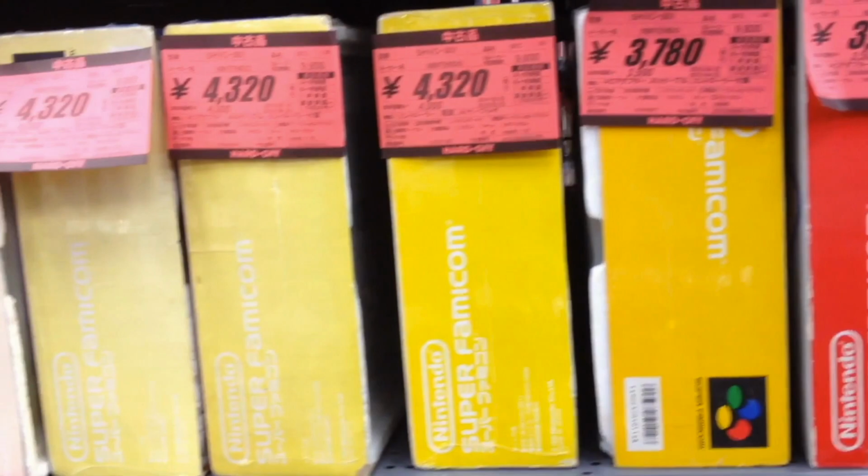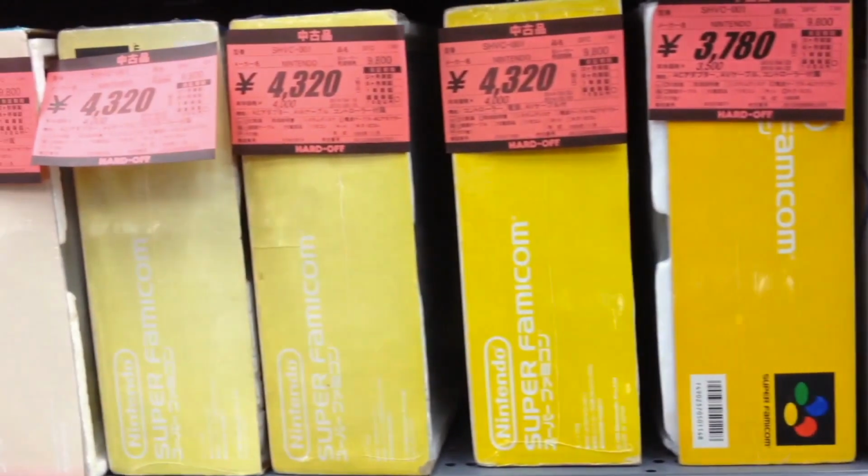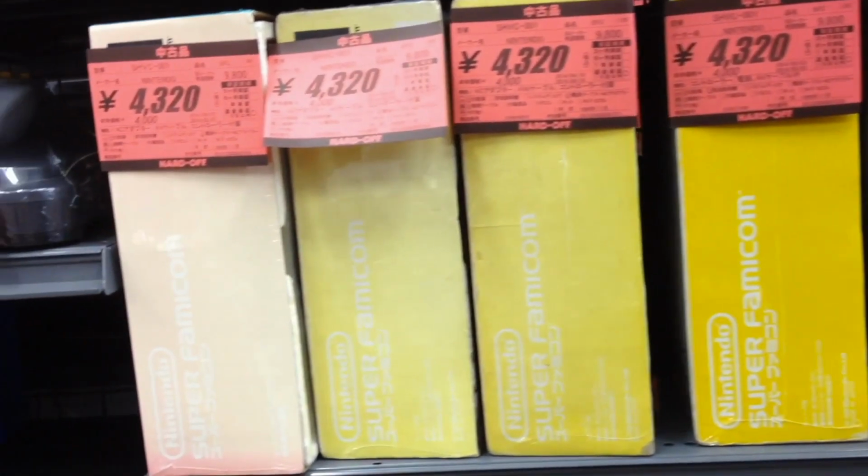You've got the couple on the right at about $35. The ones on the left are like 40. That might be because the ones on the right don't have a controller. I'm not sure, I don't think I pulled these out. And you can also see the label fade. Look at that, the one on the far left, that's bleached by the sun. Oh my God, you can tell that that's just been constantly blasted by either the sun or the incandescent lights